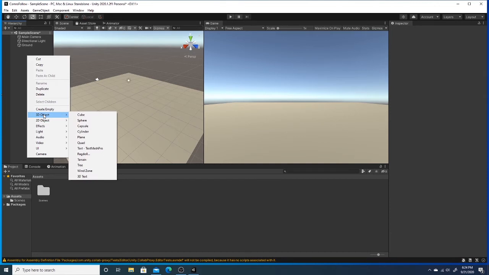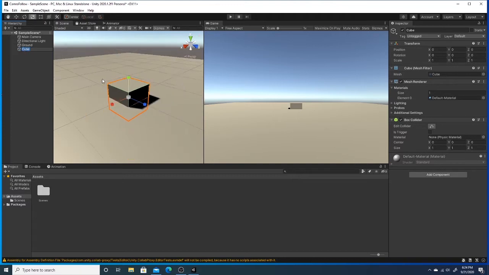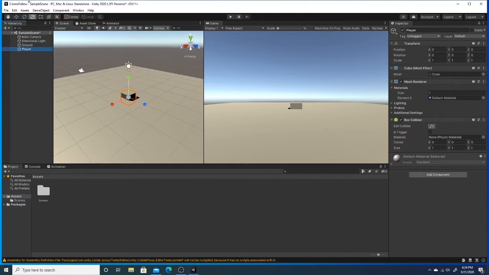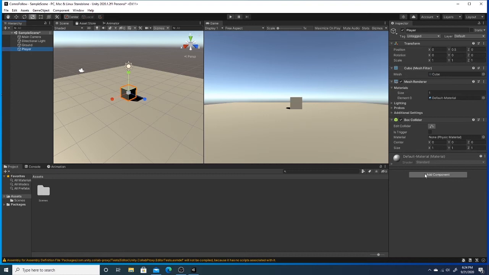So let's right click in the hierarchy and let's get a cube. Now let's rename this one to, let's see, player. You could really call it whatever you want for now. And let's just put its Y position to 0.5. Now that we have its Y position at 0.5 and we got our player, let's go to the player,